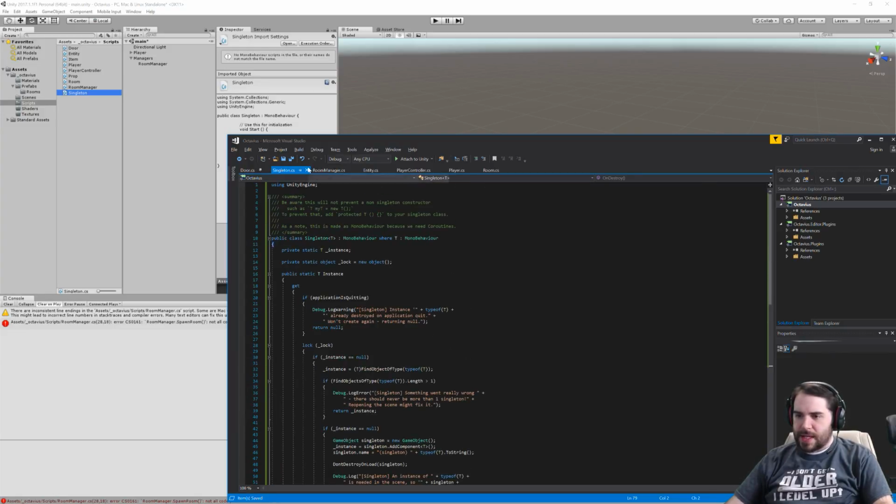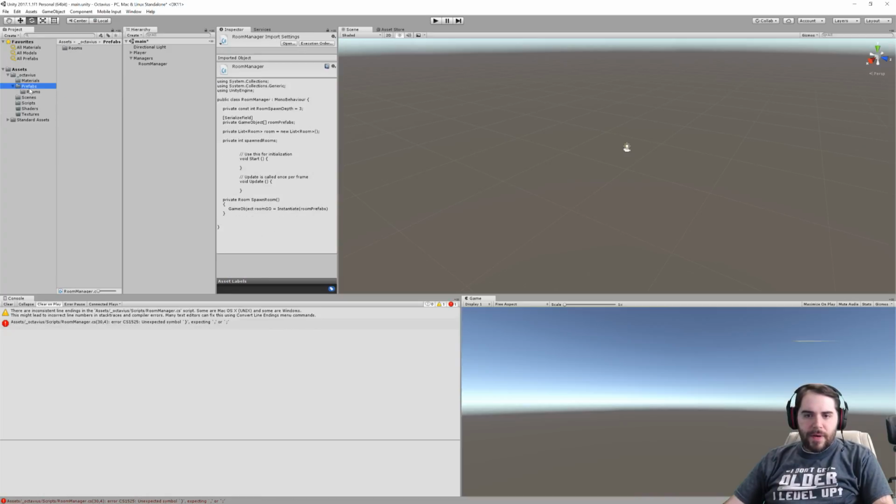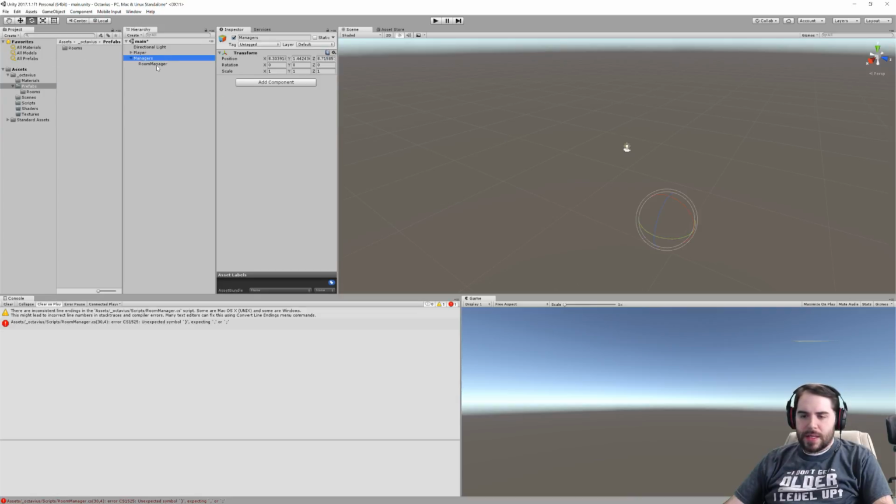I don't know why this isn't just like a Unity default. Okay, so we have that. So now that we have that particular script, now let's create a